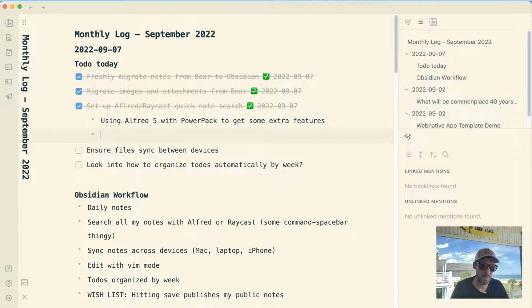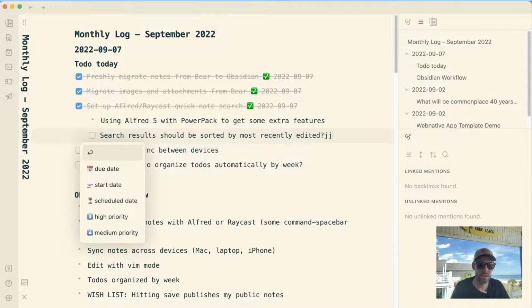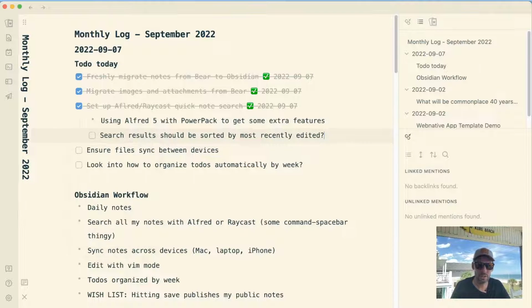Was there anything else we hated about the setup so far? Let's see. Would prefer search results sorted by most recently edited. Let's make that. Yeah, it's working pretty good.